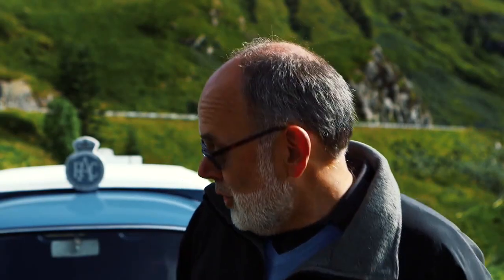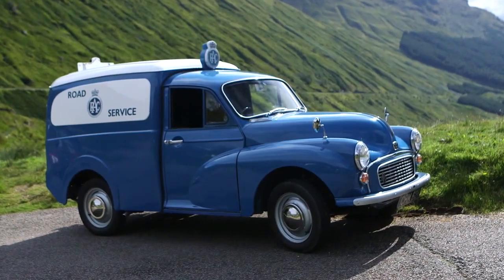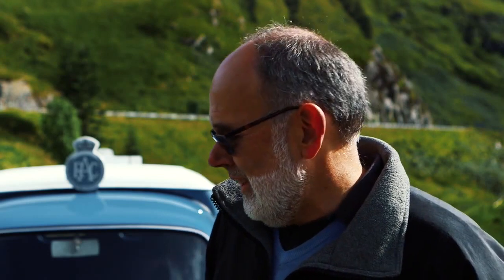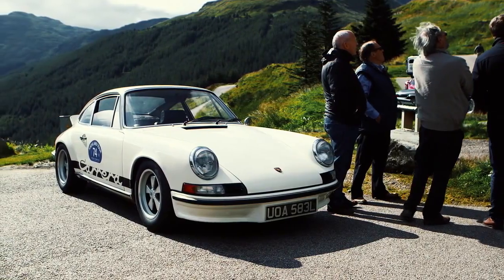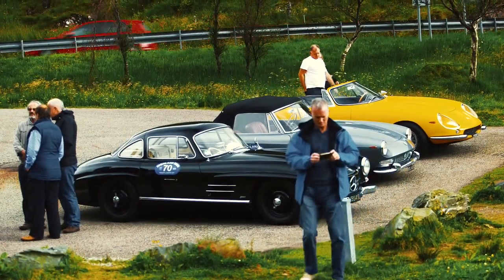And so we also brought an old friend of the motorists, the Morris 1000 van. That was what you wanted to see when you broke down in the 60s. And today we thought it'd be good to have it at the top of the Rest and Be Thankful. Not really to support the cars, but more just to give the crews a wee